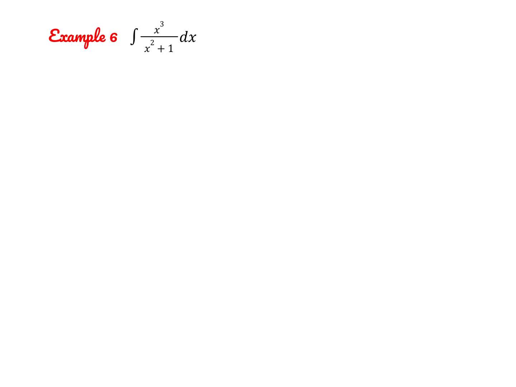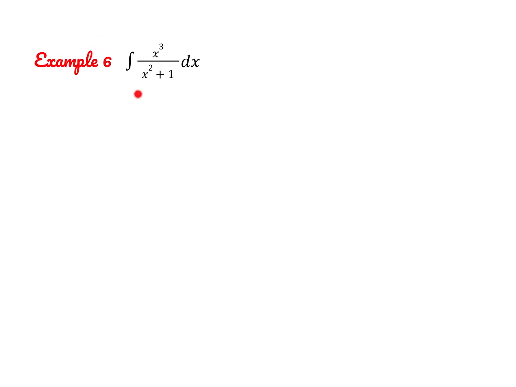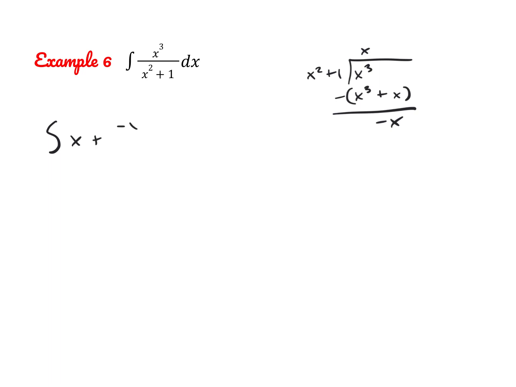All right, let's try another one together. So for this one, you wouldn't be able to use u-sub right off the bat, but we can try, again, that method of dividing because the numerator degree is larger than the denominator. So we can do x cubed divided by x squared plus 1. And then we subtract, and we're just left with negative x. So this integrand we can rewrite as x plus negative x over x squared plus 1